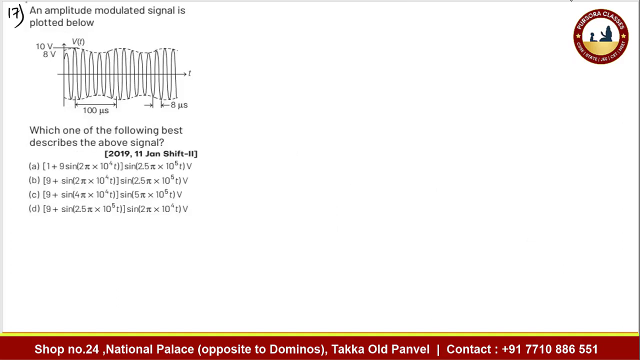Okay students, in the next question, what is given? An amplitude modulated signal is plotted below. Okay, so this is amplitude modulation. Which one of the following best describes the above signal? Now for an amplitude modulated wave, the equation of the amplitude modulated wave is given by